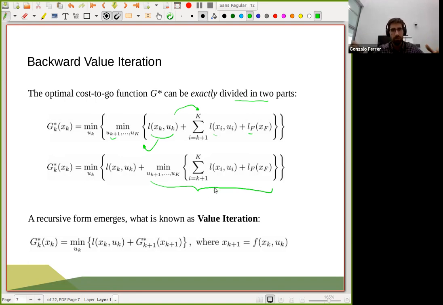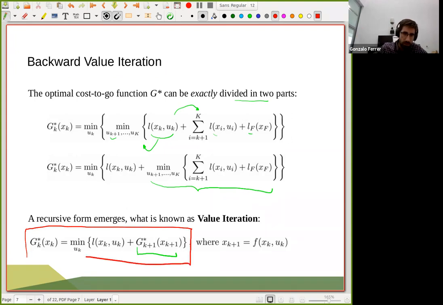You have a problem, you should divide it into the main problem and the tail problem. And then there's going to be this recursive form that appears, right? So I'm just going to mark it because this is a remarkable result. Just by simple manipulation, we get to here.